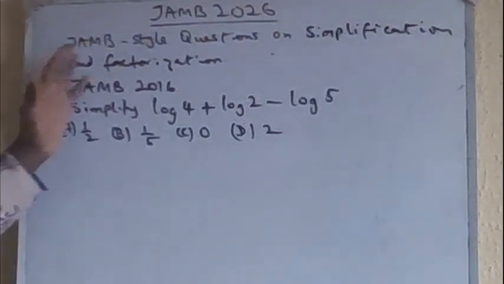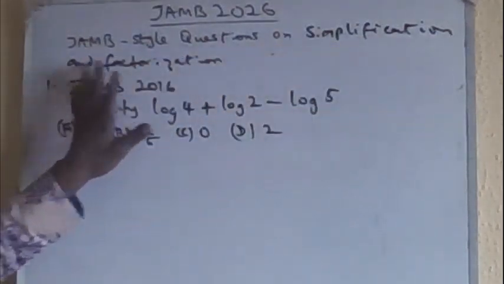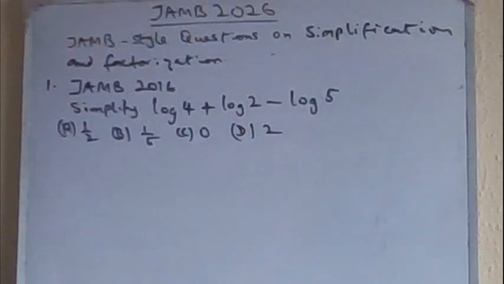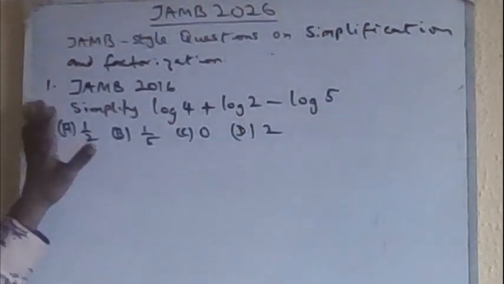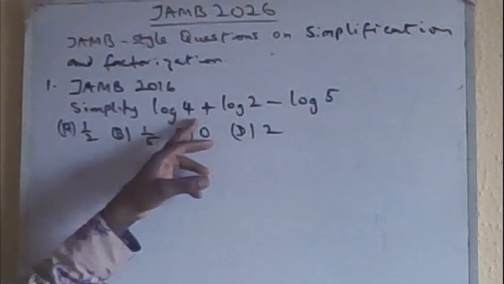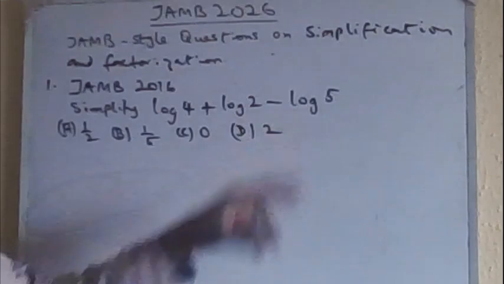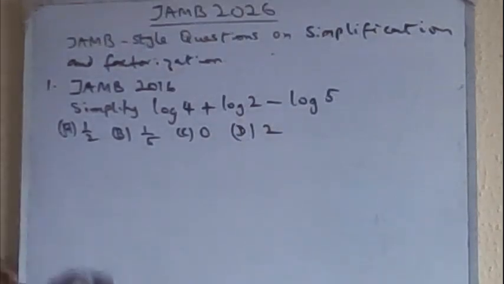So we're looking at JAMB style questions on simplification and factorization. What we're doing here is looking at all the past questions and possible questions under this topic in the JAMB exam. The first one was drawn from JAMB 2016 and it said: simplify log 4 plus log 2 minus log 5. So, using the rules,